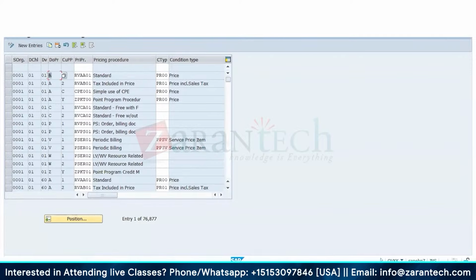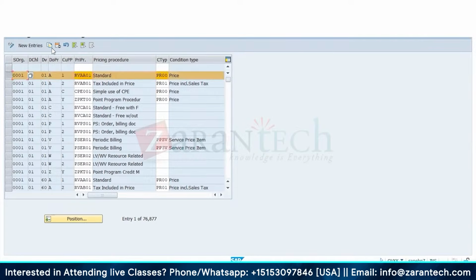Remember, I have assigned the order type to this document procedure. Correct. So whenever I'm doing any sales for customers which are using the pricing procedure as one, it will always use this particular process, and the price of the material will be determined by this condition